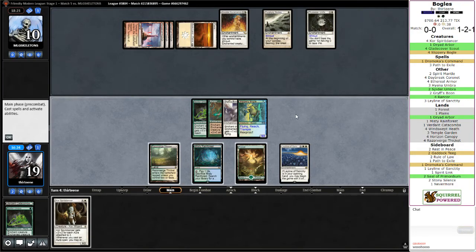So, Periphery Nodes is going to destroy Bogle again. They're going to go to 5. Taking off the Spider Umbra is going to put them at 4. I can crack the Misty and go get a Dryad Arbor. Put them to 0, but...